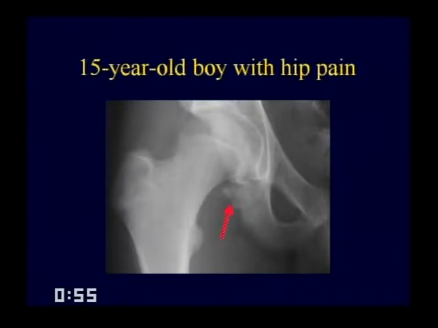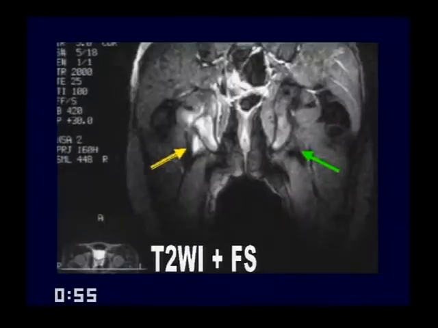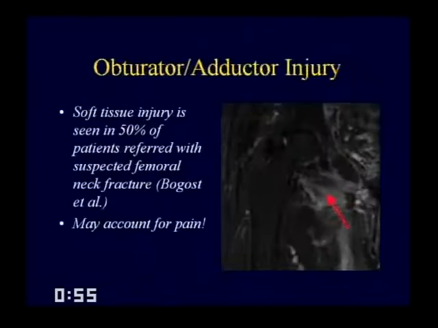A 15-year-old boy has this sort of vague ossification right here. On the MRI, you see that the ischium has low signal intensity on T1 weighted images, high signal intensity on T2 weighted images. But what you need to do is look very carefully at the hamstring tendon right here. You see there's high signal within it on this T2 weighted image. And in fact, this was simply just a hamstring avulsion injury. And if there's any question, you can always just get a CT, and that'll clear things up immediately.